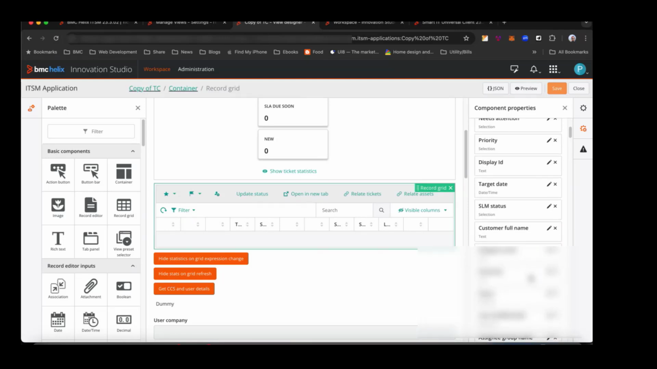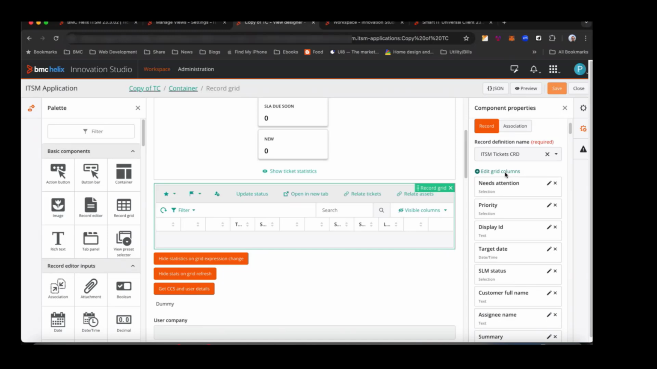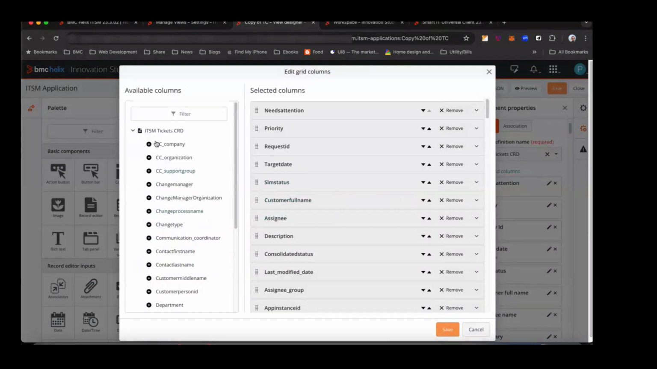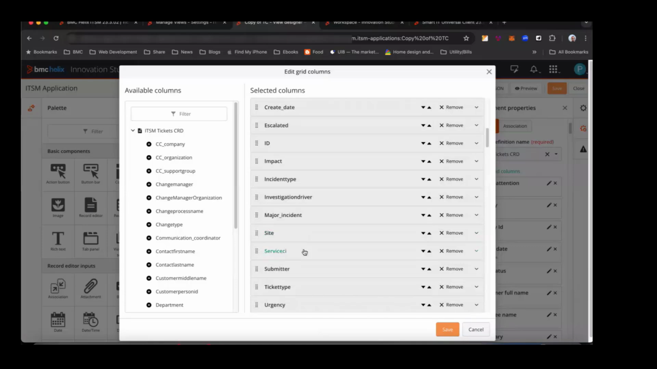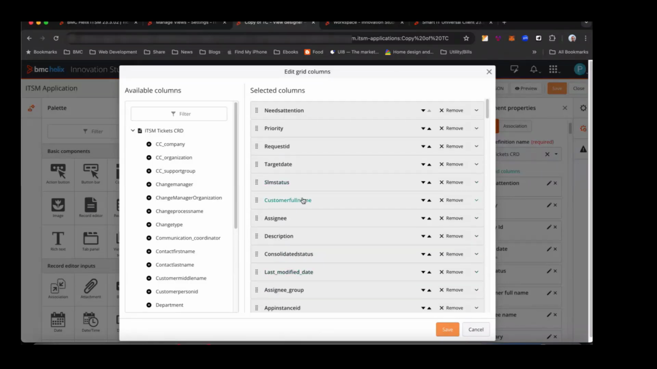And here you have an option to say, hey, if you want to add a new column which is already there in the record definition, you can add it here. Or if you want to change something, you can do it. And a few of the things that I want to introduce here is something called named filters. So when I go to something like consolidated status,